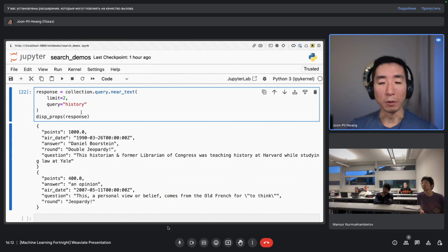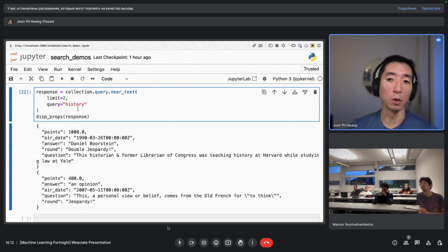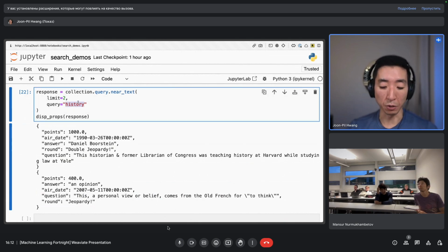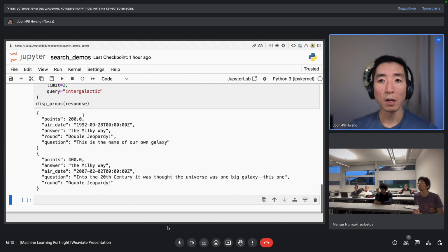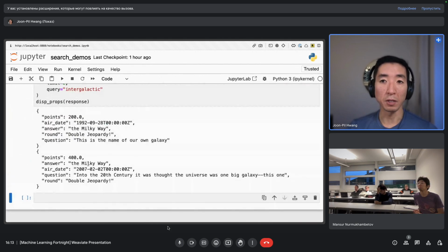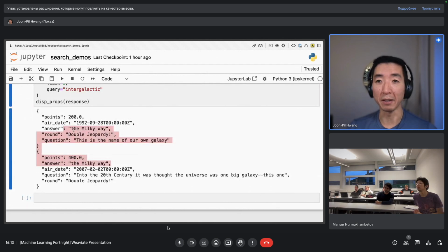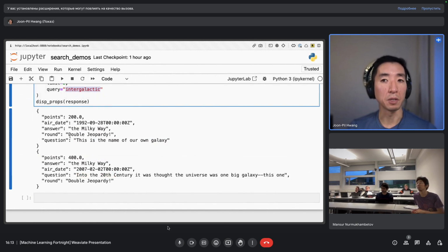before, what we were doing was searching for a particular keyword, and it was only matching the particular word and how often it appeared to derive a score. But now it's performing a vector similarity search, and we're getting results even though the actual keyword doesn't match. If I search for the word intergalactic now, you start getting these different results, and these are two distinct entries, by the way. I know the answers are the same, but obviously the questions are different. So even though the word intergalactic doesn't appear anywhere, we start to get these results.